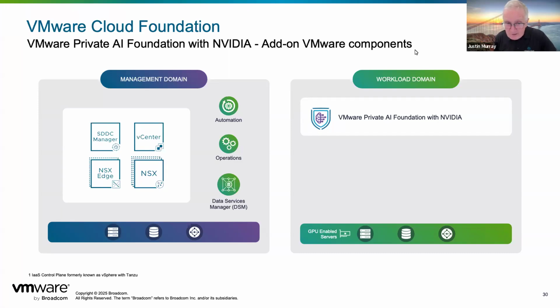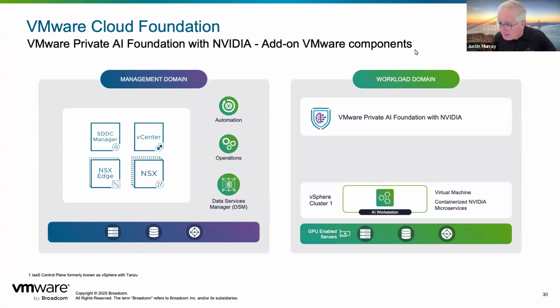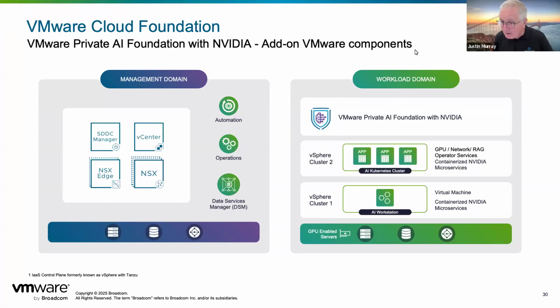And given that we've deployed it along with the automation and operations tooling on the left-hand side, we can now construct data scientist clusters. Cluster one contains an AI workstation here. I've just done one, but it could be many, could be as many as you have resources to support. It's just a VM, a deep learning VM that contains all the tooling that the data scientist needs. Having tested their model, and I'll go through what testing a model means, having tested their model for accuracy and lack of bias and lack of hallucination, they would promote that model into a more scalable environment based on Kubernetes.